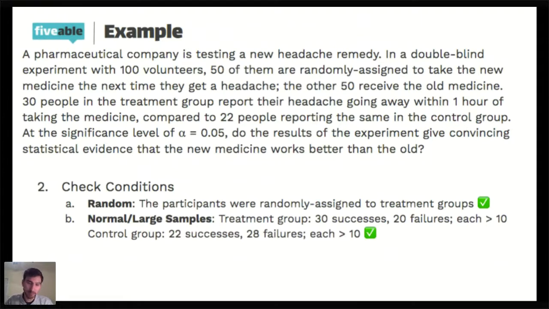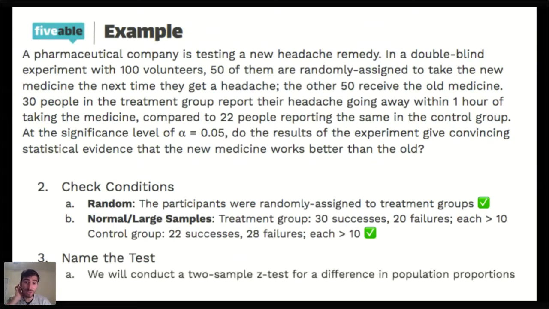And the test itself, because there are two separate groups and we are working with proportions, is a two-sample z-test for a difference in population proportions. Now we're ready to type some data in. What's nice is it'll be really straightforward to just go directly to our calculators. And all we got to do,